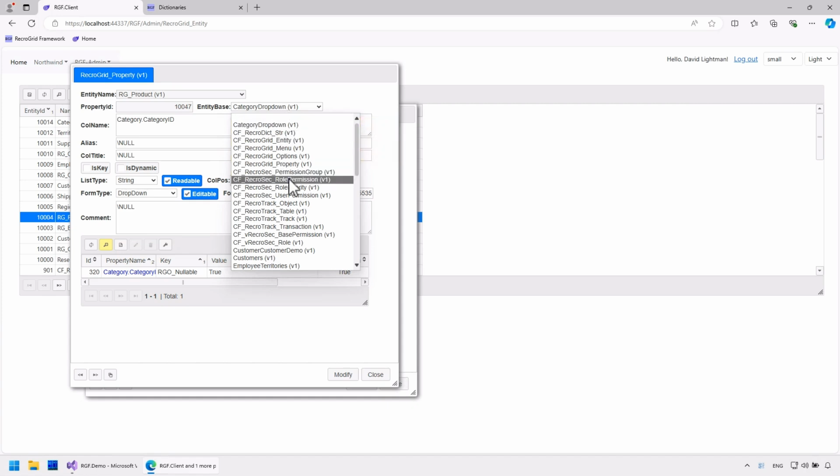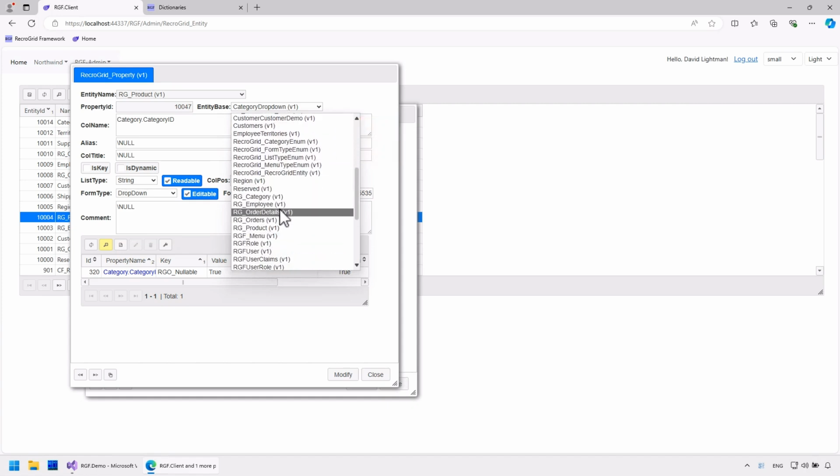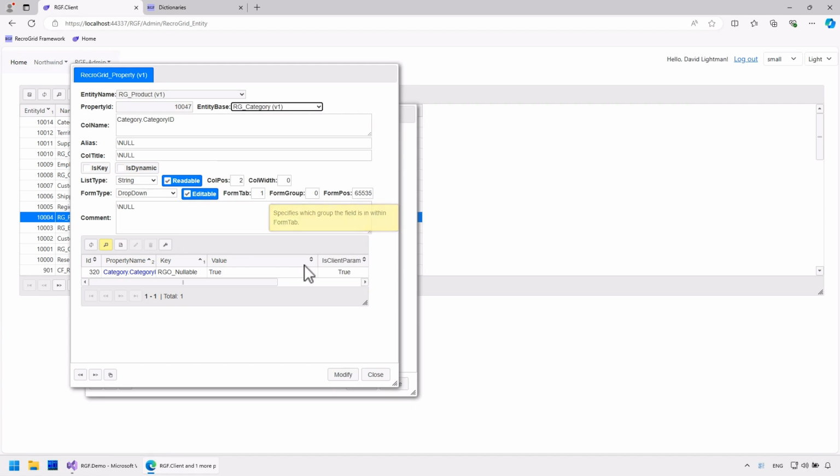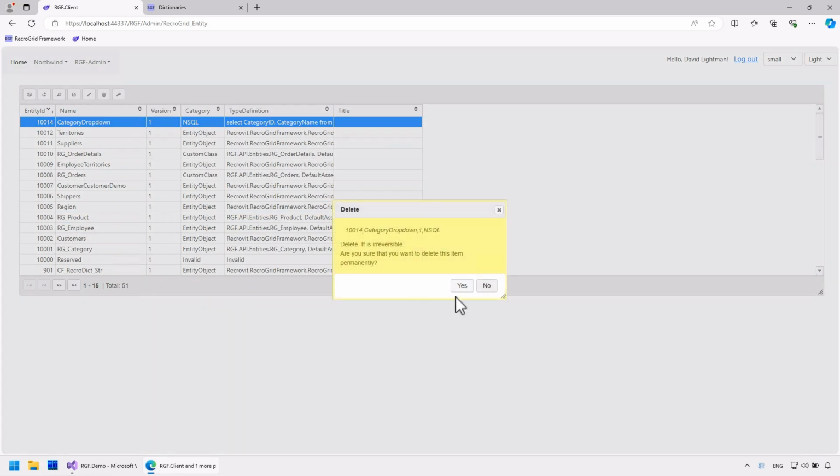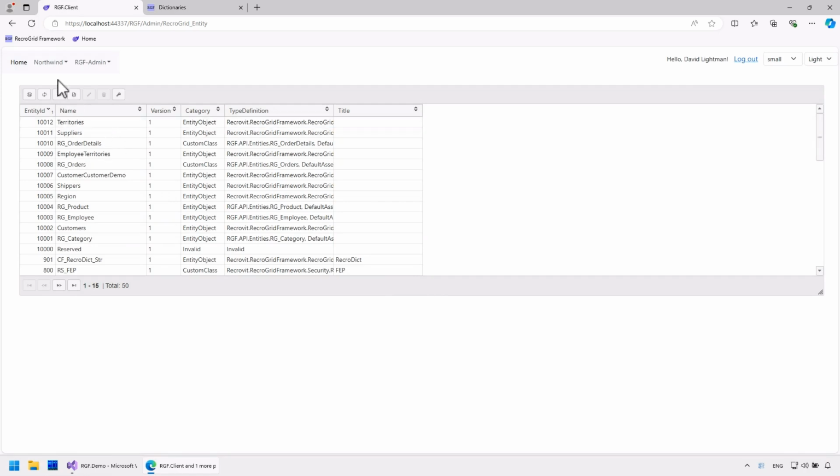This method allows us to specify this entity in EntityBase. That's no longer needed. Let's try it.